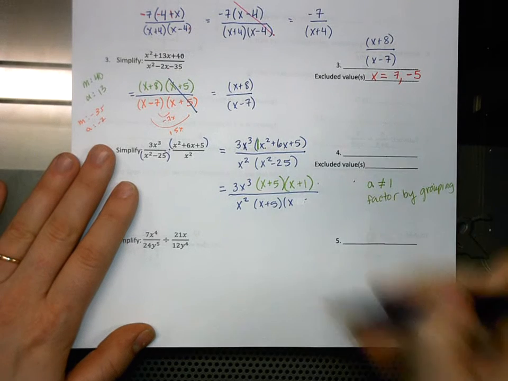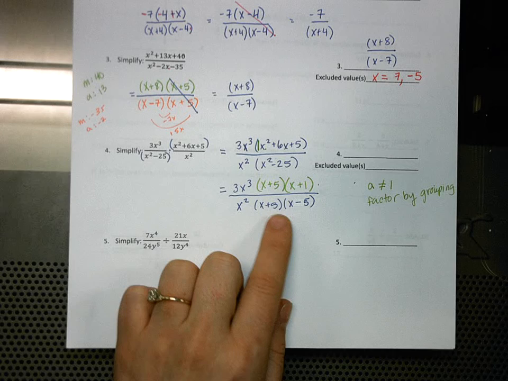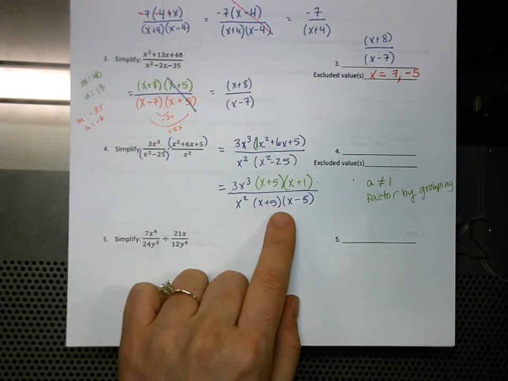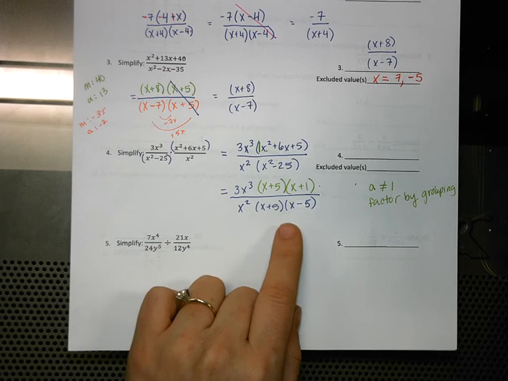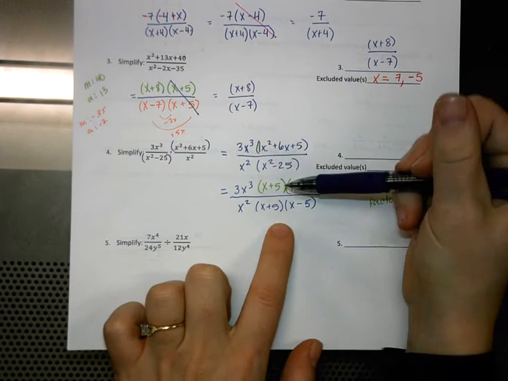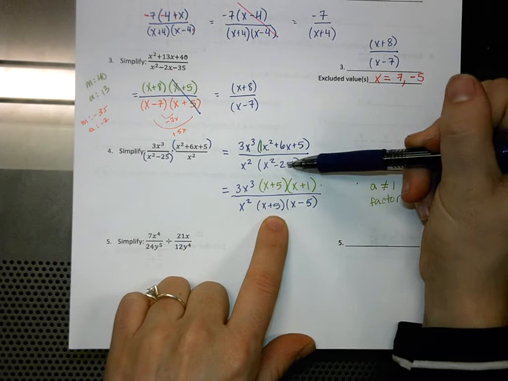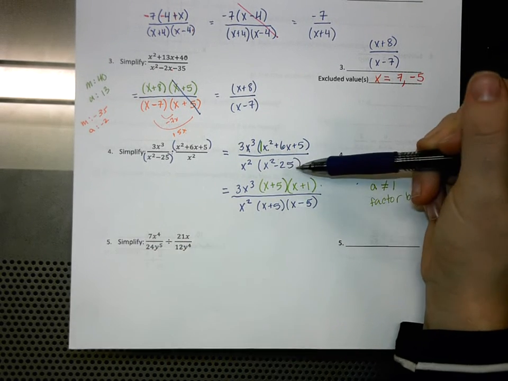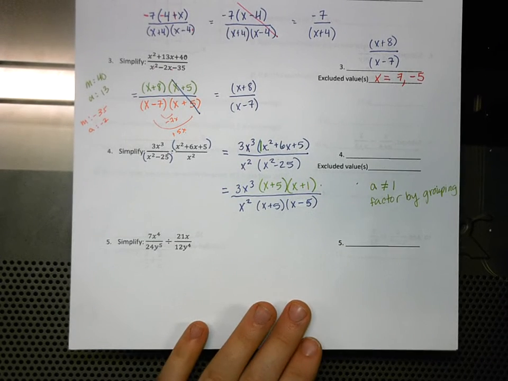Please do not write down that x squared minus 25 factors to x plus 25 times x minus 25. That is not how we do difference of squares. Our last two numbers have to multiply to the negative 25. Some of you are just copying the 25 to each one. All right, so